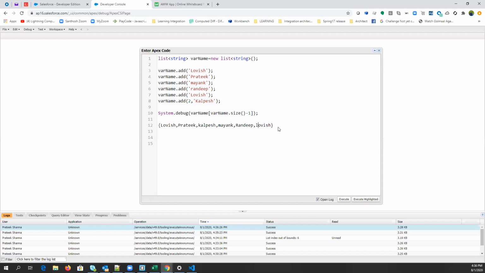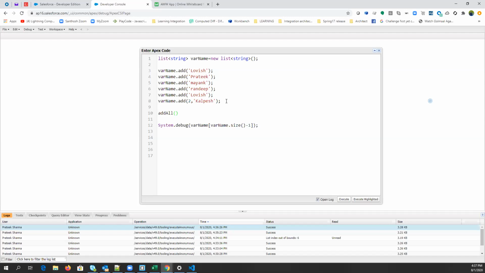Okay. Now the next method is addAll. We have a method called add, right? There is one more method called addAll. What do you think it can be for? For adding multiple values to the list.